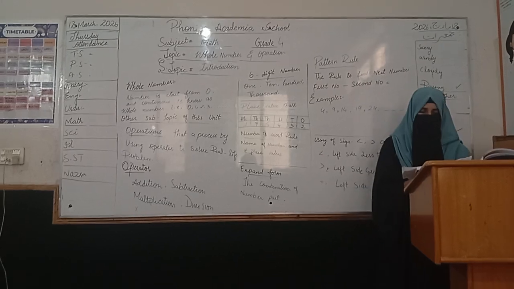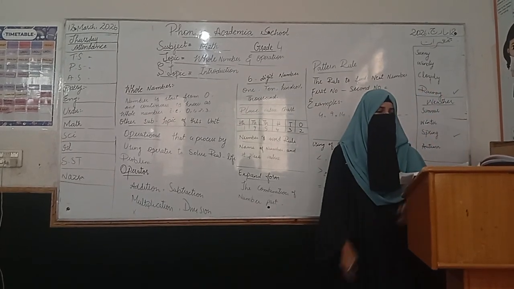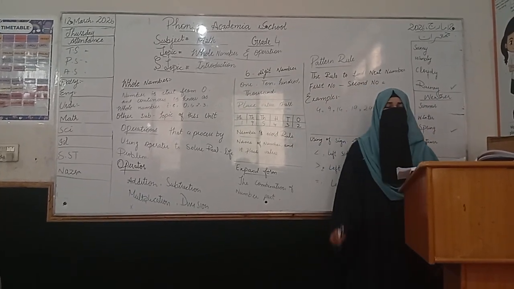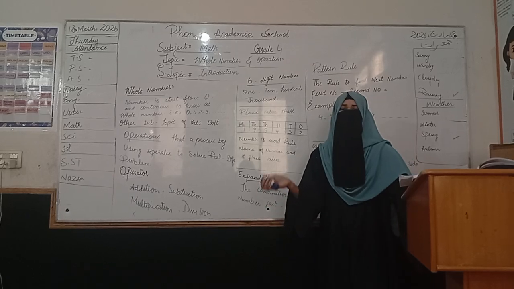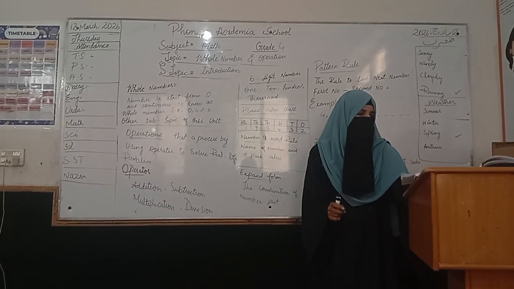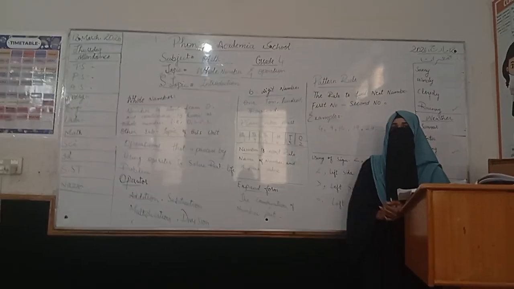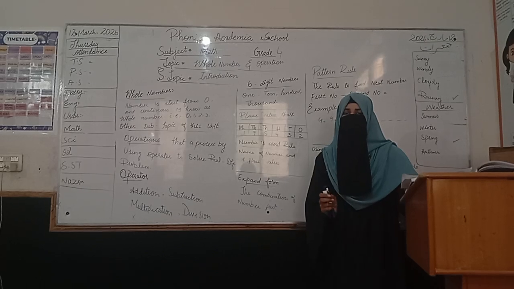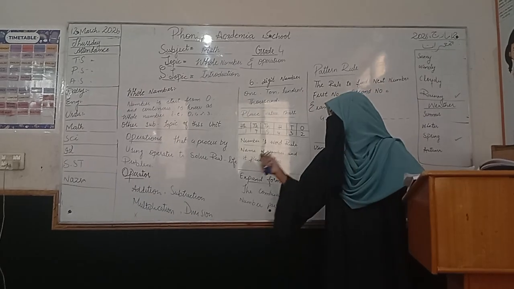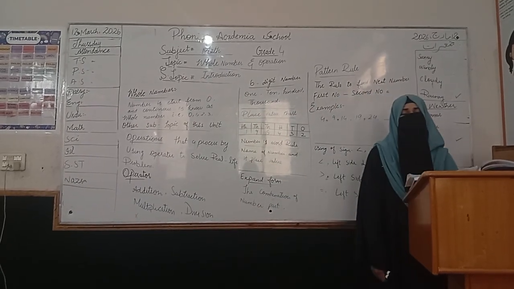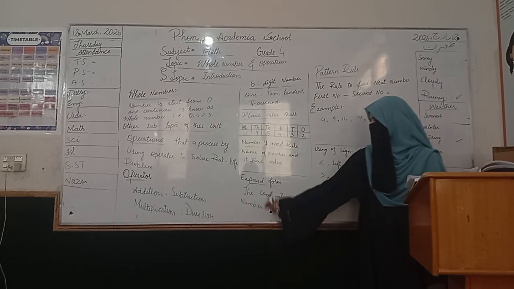The multiplier is the number by which the multiplicand is to be multiplied. I explain this definition again: the multiplier is the number by which the multiplicand is multiplied, and the result or answer of the multiplicand and multiplier, by using the method of multiplication, is known as the product. Fourth is division.